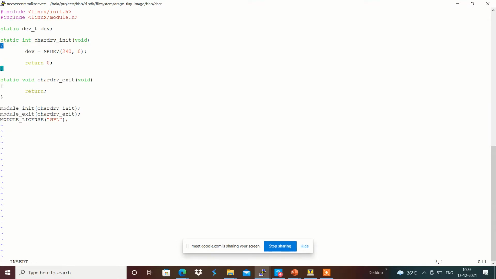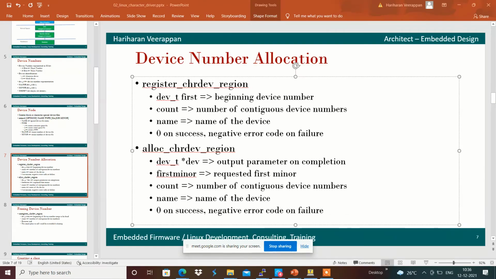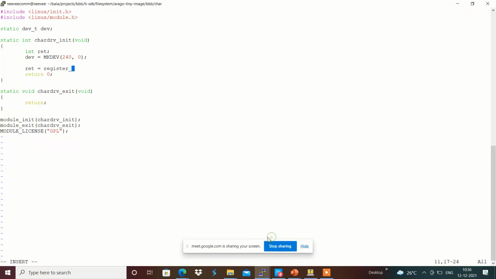And once it is done, I'm going to register this dev over here: ret equals register_chrdev_region. The first node is dev.